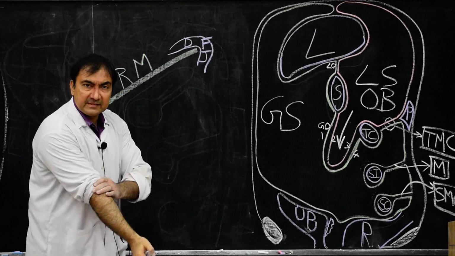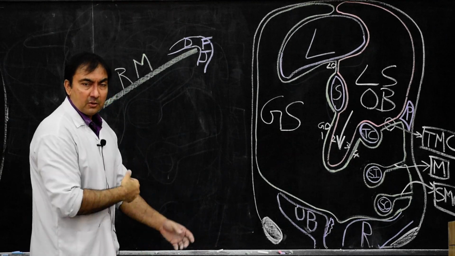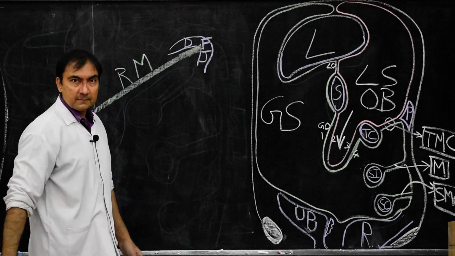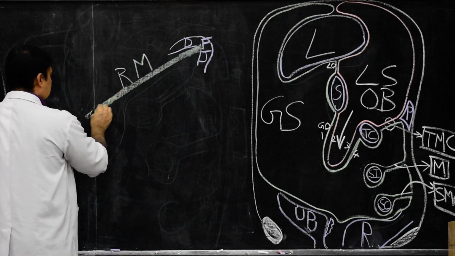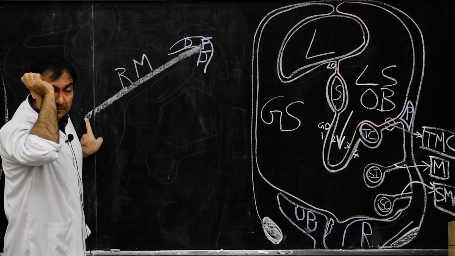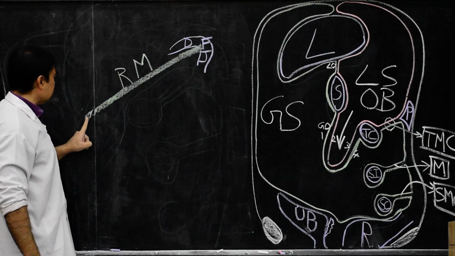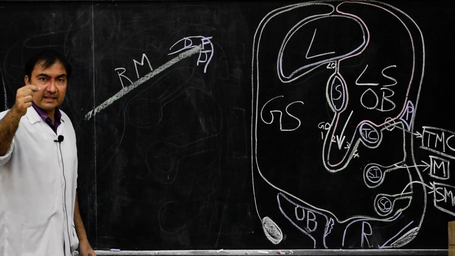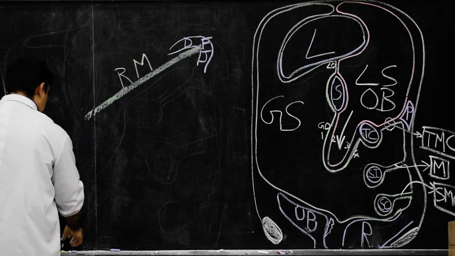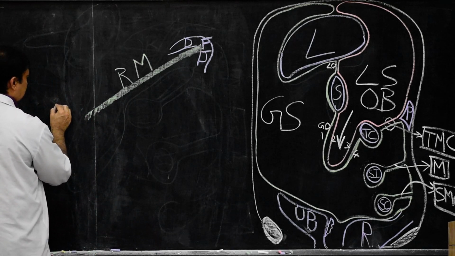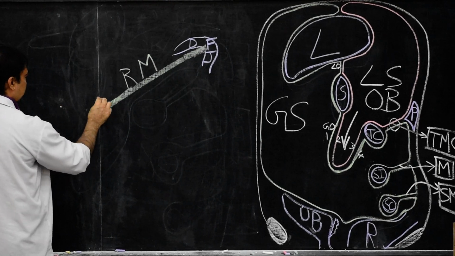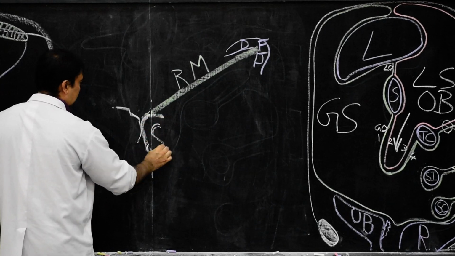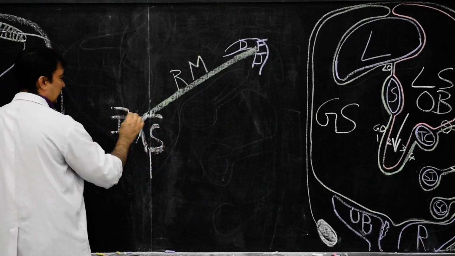So the root of mesentery in the posterior abdominal wall on the left side will be attached to the duodenojejunal flexure, and on the right side this root of mesentery will be attached in front of the right sacroiliac joint. So therefore here there will be the presence of the right sacroiliac joint. This is ilium and this is sacrum, right sacroiliac joint.